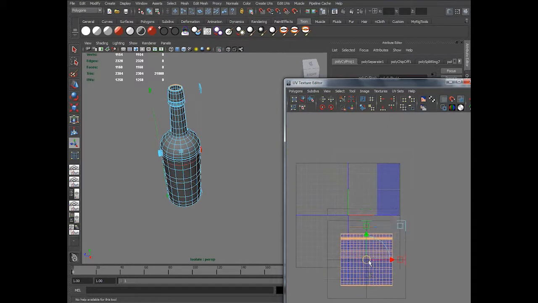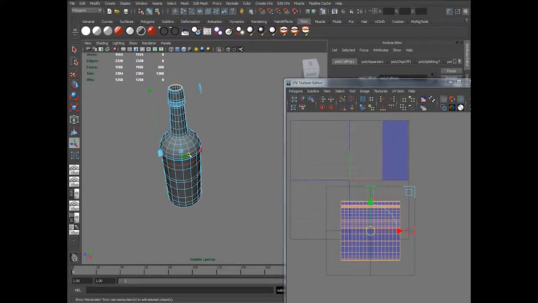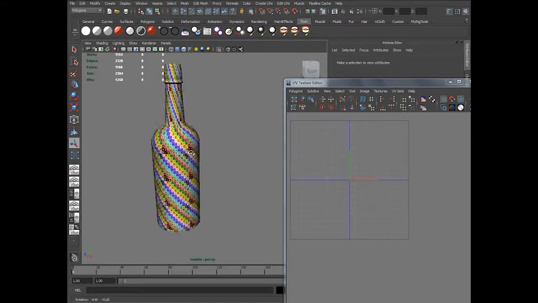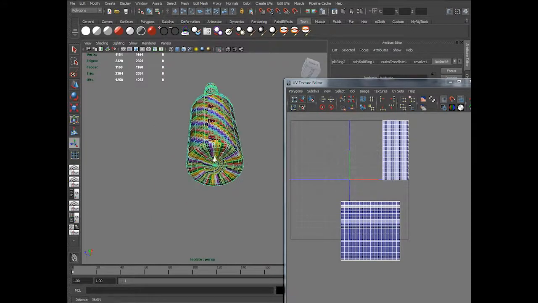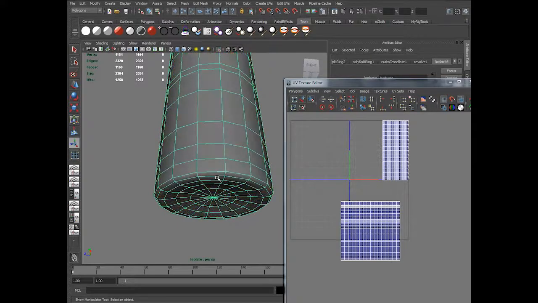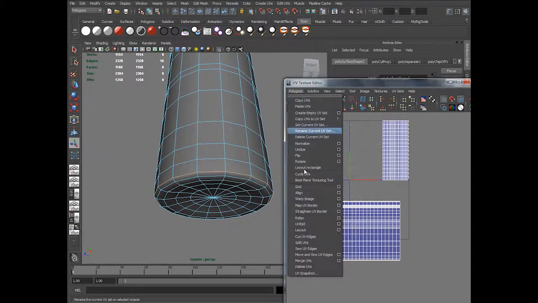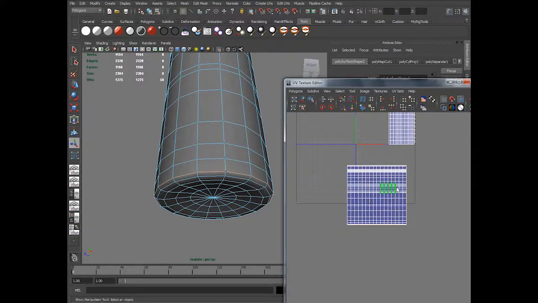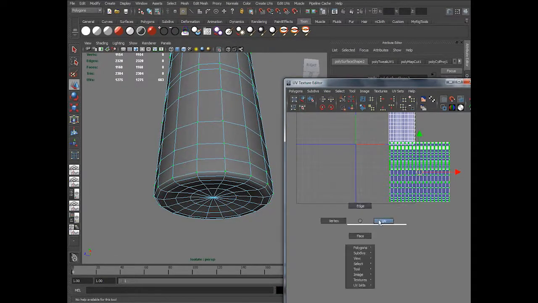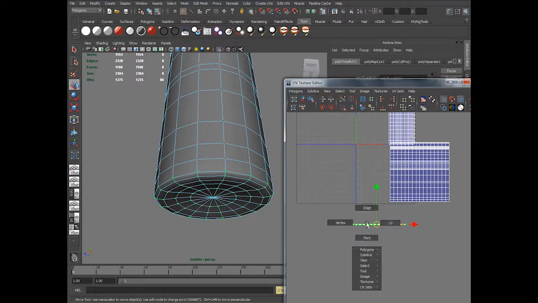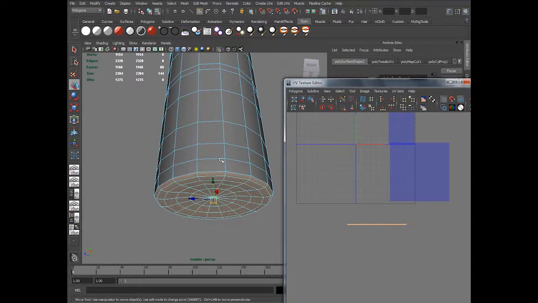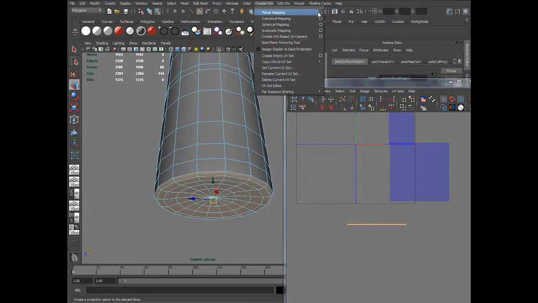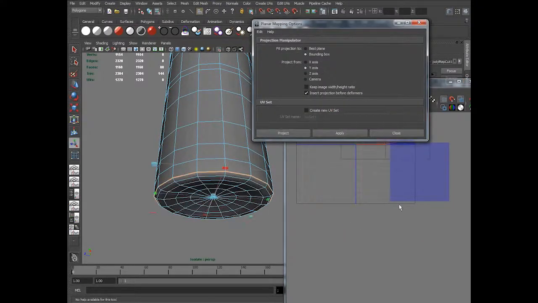Just for the time being, I put it outside. Let's have a look. I select the bottom part, use cut UV edges, select all the UVs or maybe the faces, and apply planar mapping in the Y axis.